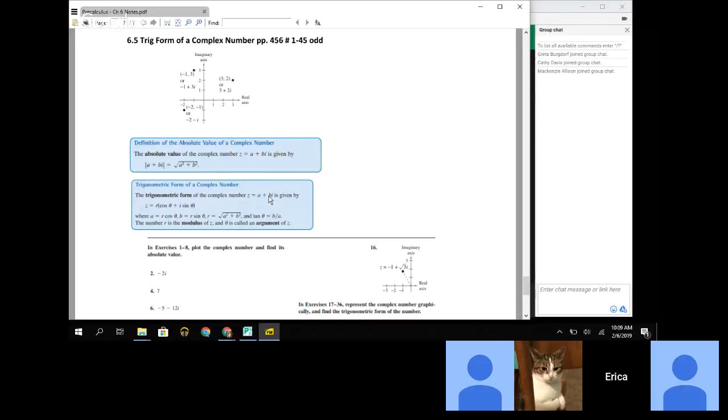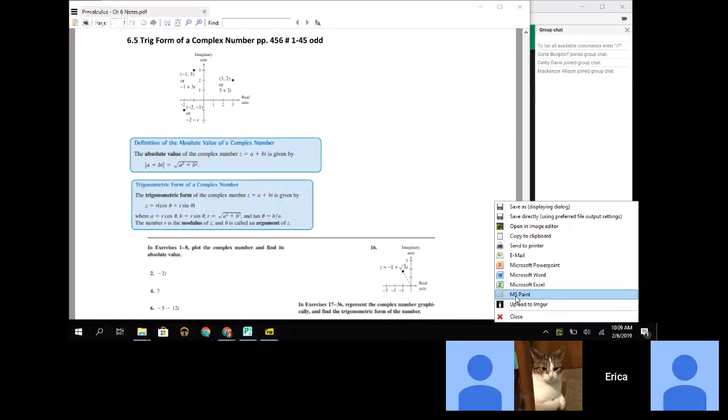Okay, so the first thing that we're going to talk about is what is a complex number. So remember that a complex number,